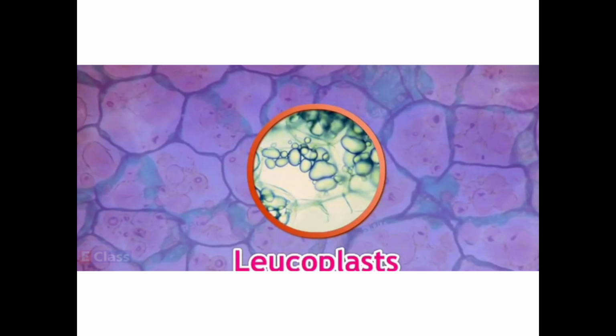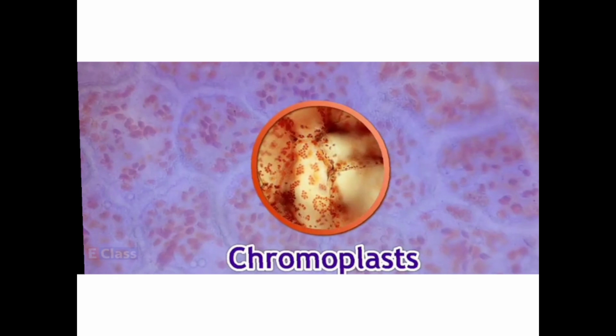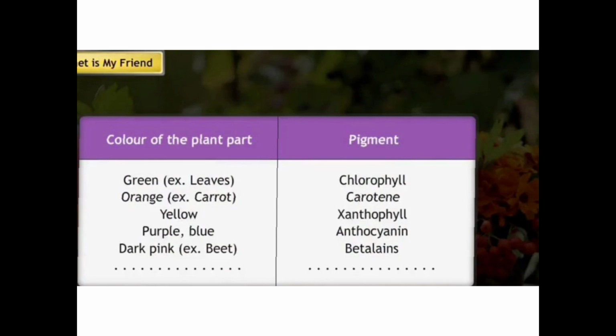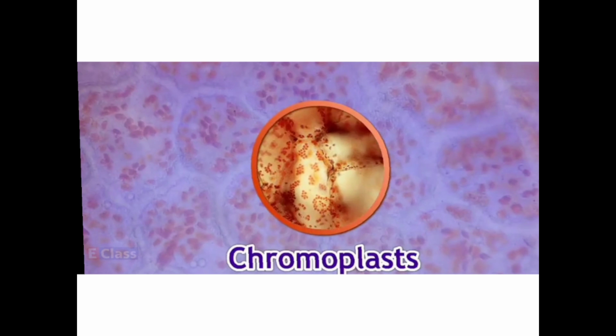So see, this is the leucoplast, which is colorless, and this is the chromoplast, which is colored plastid. So your tomato becomes red in color when it becomes ripe, right? So the color changes of the fruits. You can remember papaya also. Whatever things you bring raw, even the banana also. When it is raw, it is greenish in color. And slowly the color gets changed when it gets ripened, right?